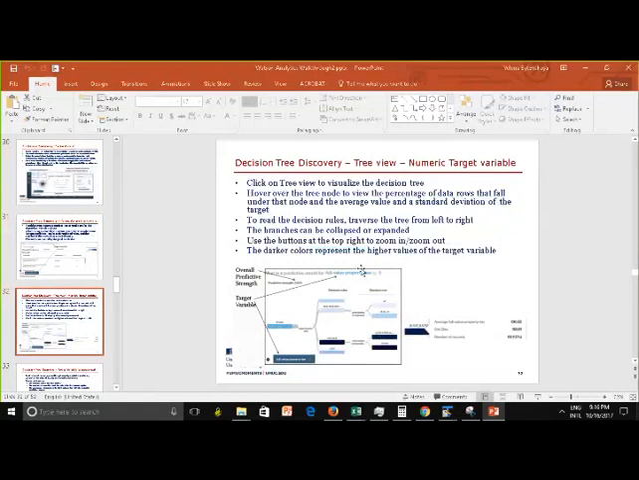And I'm just giving you an illustration of what the tree is going to look like for the numeric variable. And in the other slide you saw the categorical variable. So basically, to read the rules, you have to traverse the tree from left to right. You want to look at the splitting variables, and you want to look at the node. And then for each node, you have information that includes the